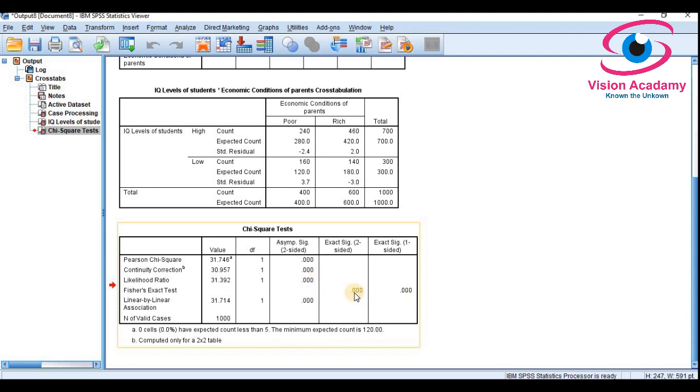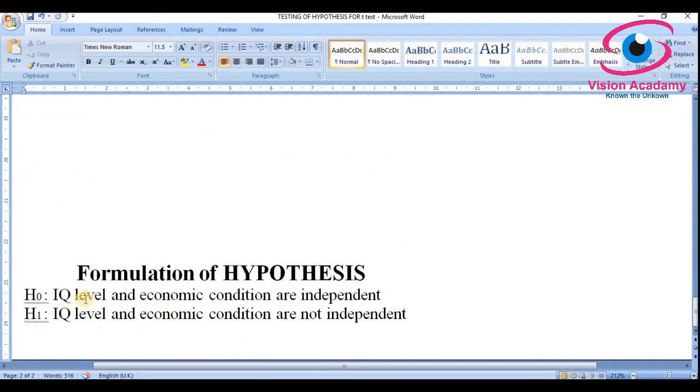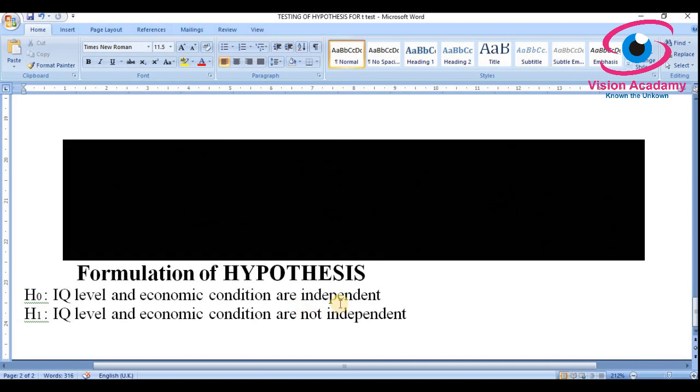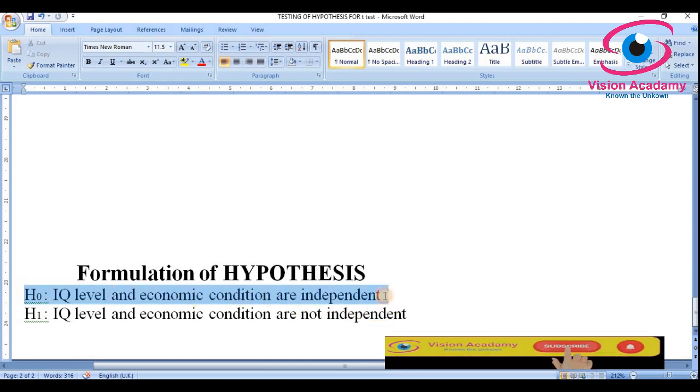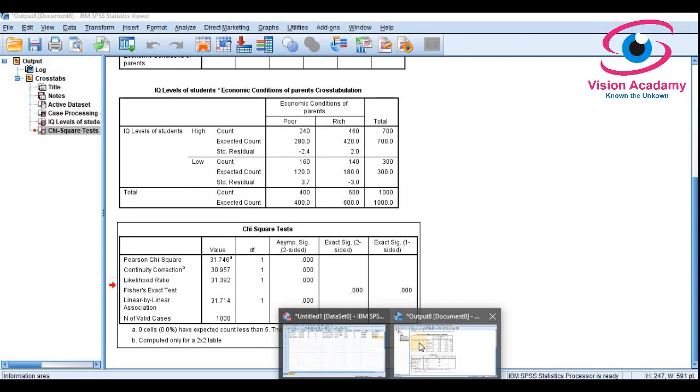But here it is 0.000 p value. Then it means you are not going to accept the null hypothesis. First of all, what is the hypothesis you have formulated? Look at here. IQ level and economic conditions are independent. We say IQ level and economic condition of parents of students are independent. And alternatively, IQ level and economic condition are not independent, which means H0 is not going to be accepted because p value is lesser than significance level.